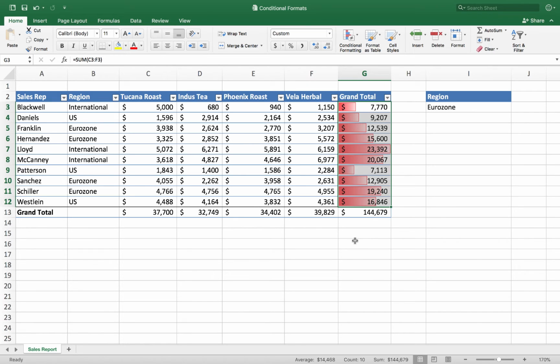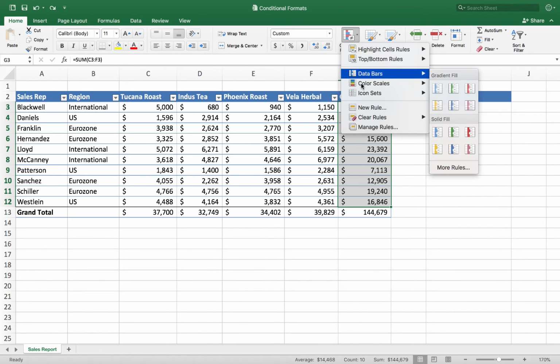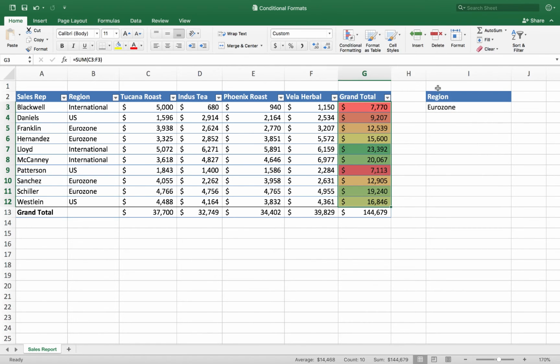Okay, I'm going to undo that, and let's experiment with a few other conditional formatting rules. I'll just use the undo command to clear that formatting really quickly. And I'm going to go back to conditional formatting. They've got data bars. There's also color scales, and to me, honestly, color scales are like the least useful. Here, I'm going to choose color scales, and I'll just pick the first color scale. And that looks kind of pretty, doesn't it?